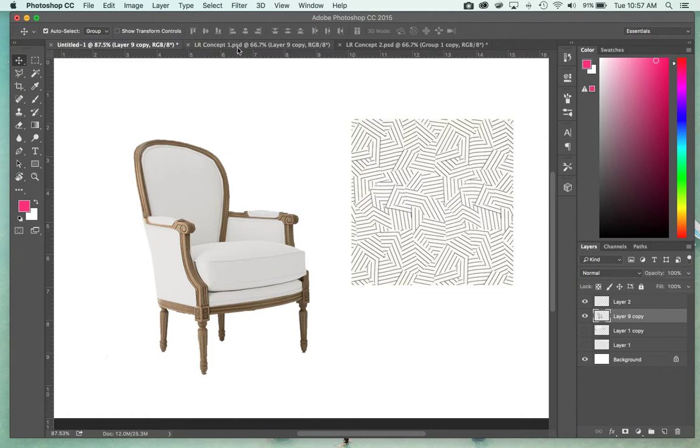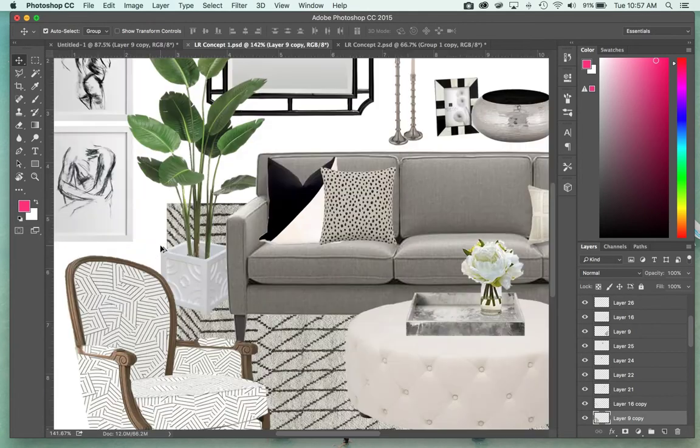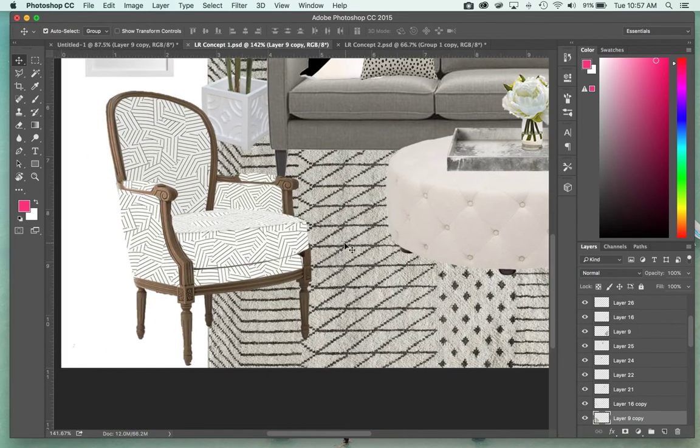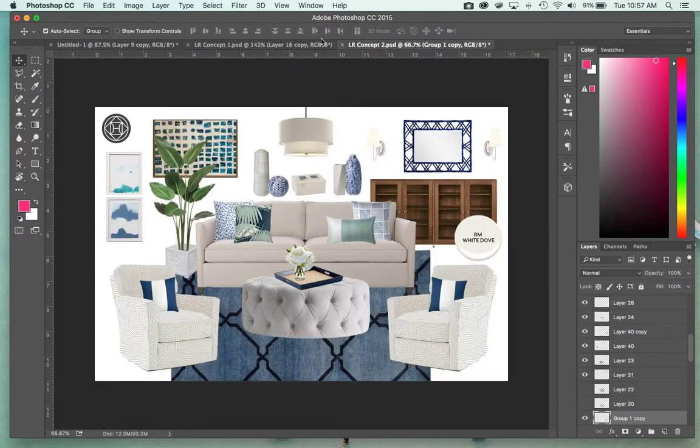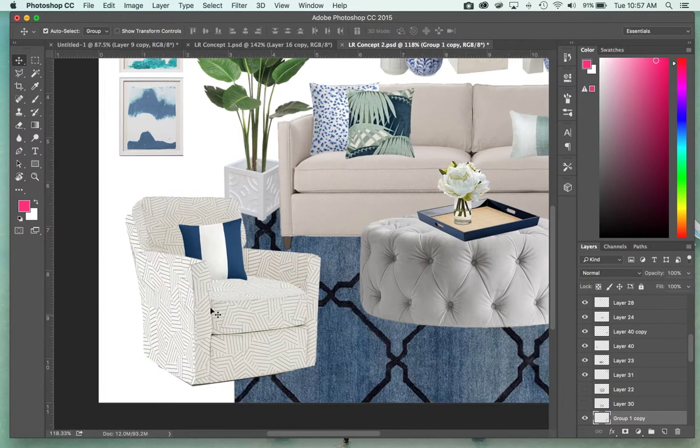I am going to be showing you from this client's concept. We used this vintage looking chair and applied this modern fabric to it. As another example, I did a similar fabric here on a more traditional chair. So you can do this for really any chair type. The key is dividing this chair into individual parts and applying the fabric to those parts